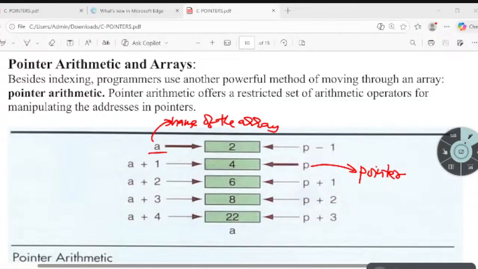When we use name of the array, as we know, it points to the first element of the array. A, name of the array. If I want to access the second element, A plus 1, A plus 2, A plus 3, A plus 4. And if I use pointer, P is a pointer here. If pointer is pointing to second element,